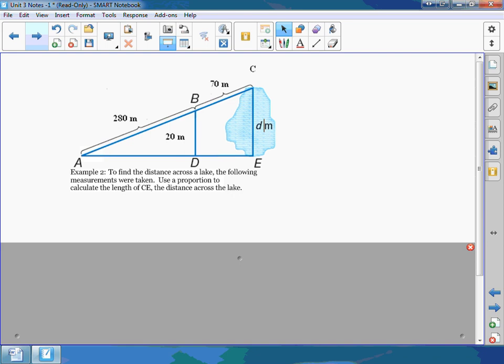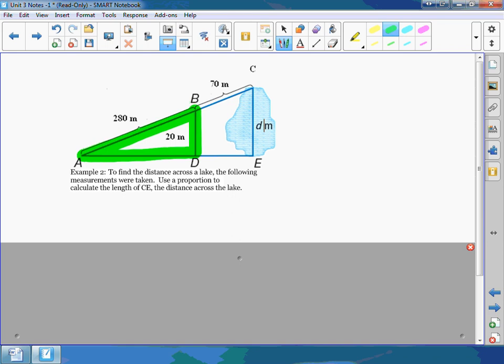Two more examples, and then we're done with this section. This one's talking about finding the distance across the lake. So you have a lake. You want to know how far it is between the longest two endpoints. One way it looks like they're doing here is creating this similar triangle effect, but you're measuring it in a much safer environment because you're measuring it on the land. So they've created this triangle, this ABC triangle right here,